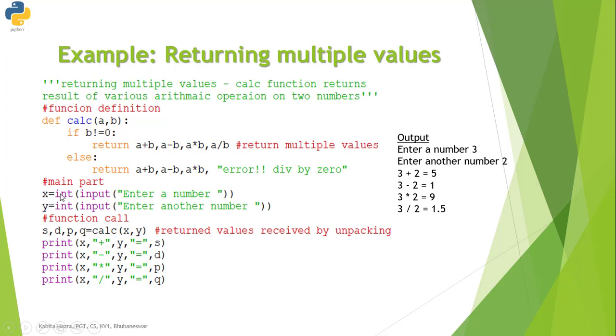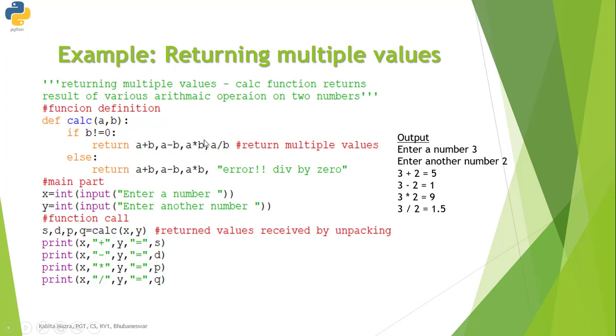We are taking input for two values x and y, and then we are calculating the values of sum, difference, product and division using the calculation function which is defined above, and then we are returning the values by unpacking them into four different variables.